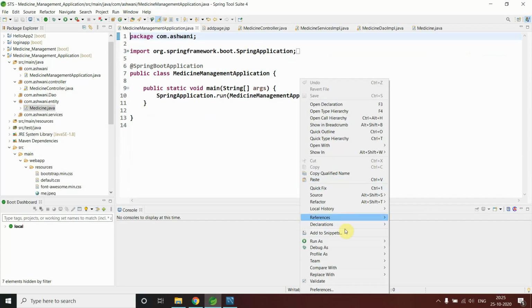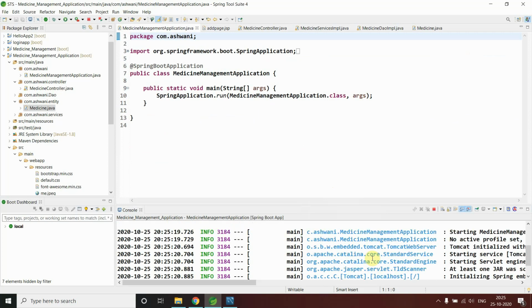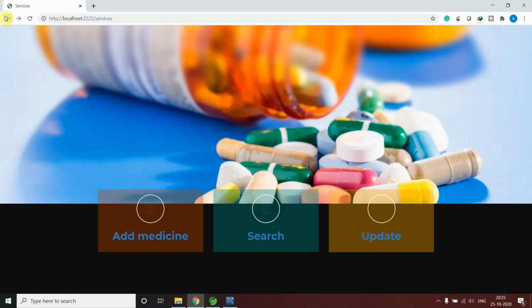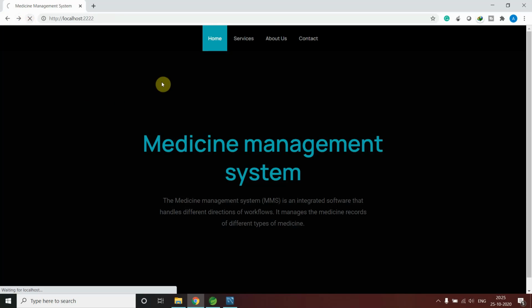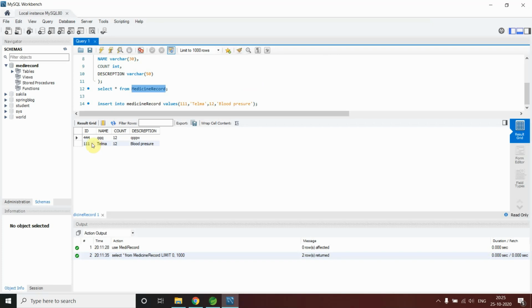So I can go here and just run as Spring Boot application. My application is up and running, no error. I will go here and refresh once, and I come to the services and I can say add, search. I want to search this, 111.